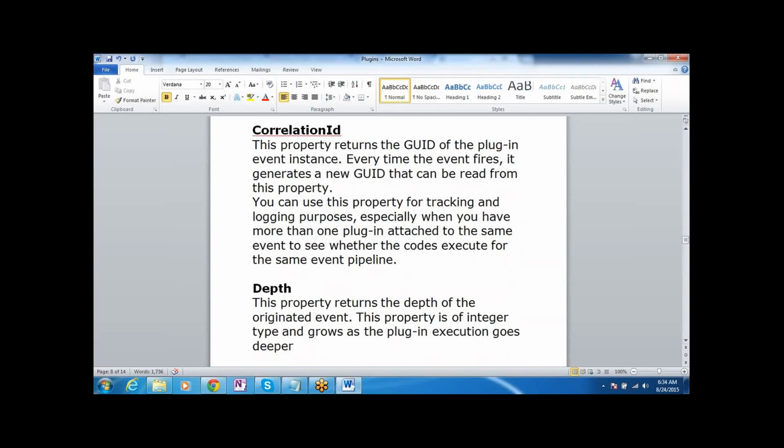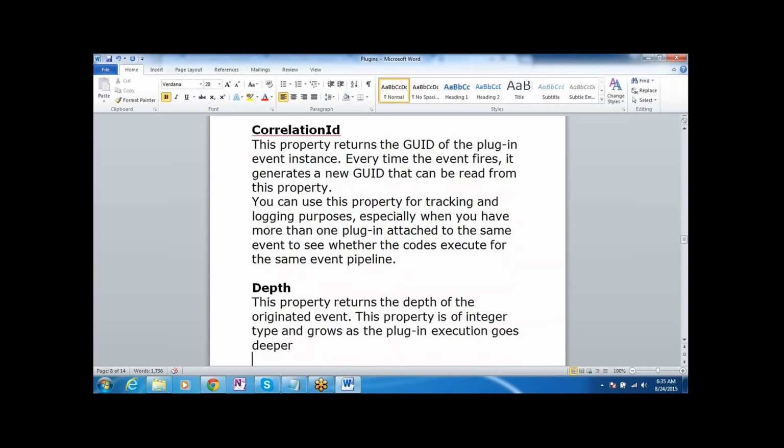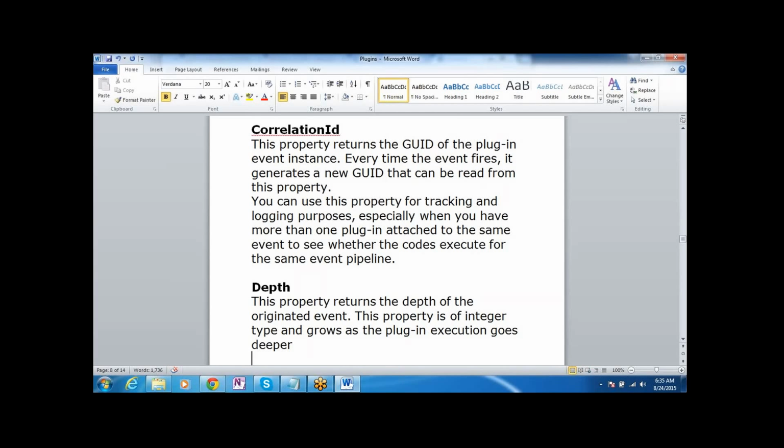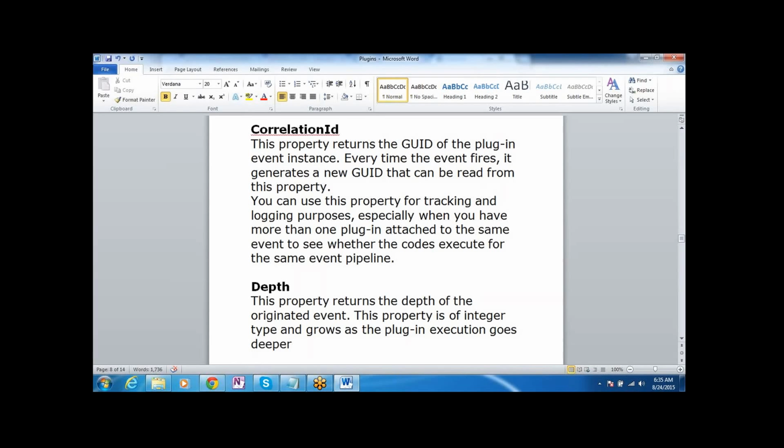Depth property. This property returns the depth of the originated event. This property is an integer type and it grows as the plugin execution goes deeper. Ideally we can use the depth property for restricting infinite loops. If the plugin is executing in an infinite loop, and you put the condition depth equal to 1, that means the plugin won't go for more than 1.